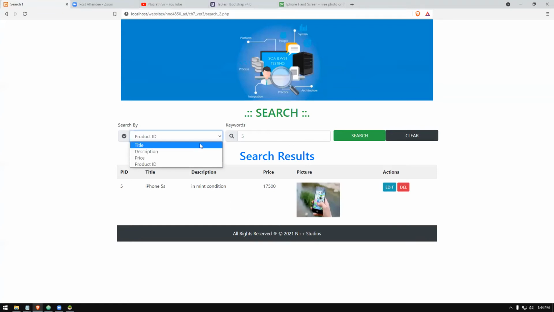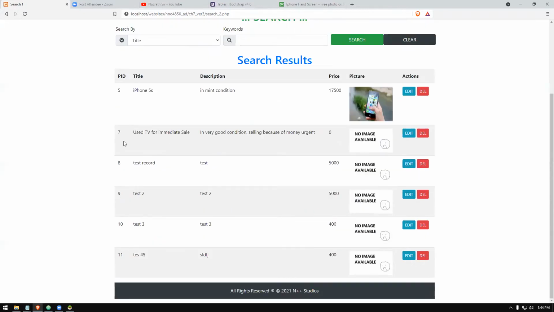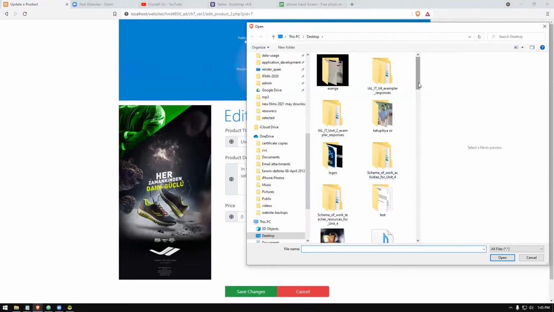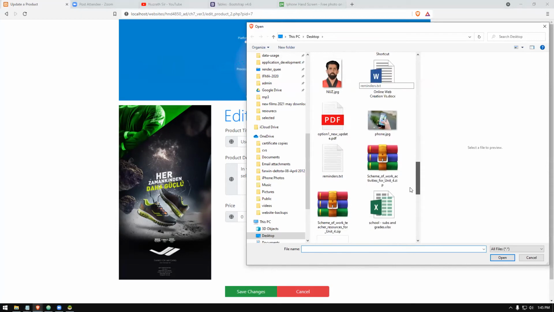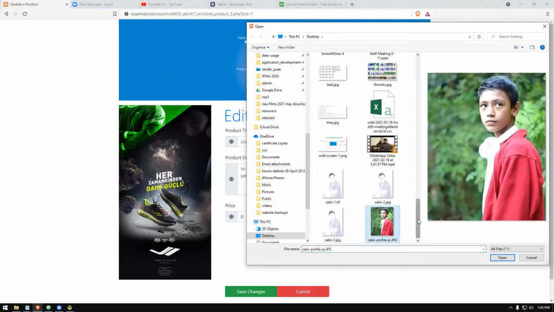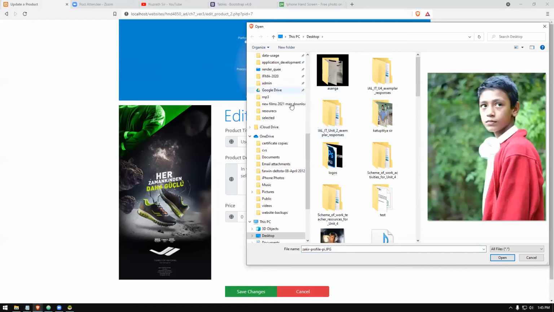So let's see if we can edit something. Right, let's search for some records right now. See, we don't have a picture here, so we want to add a picture here. I'm not going to search for a picture now. I'm sorry. So let me add a picture for that. It's very simple. I can do it. That's my son's photo. So let's add a different one.